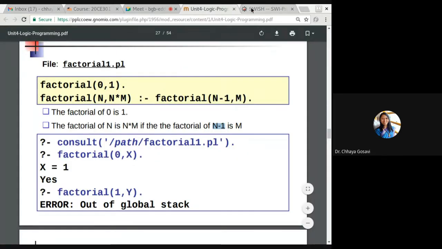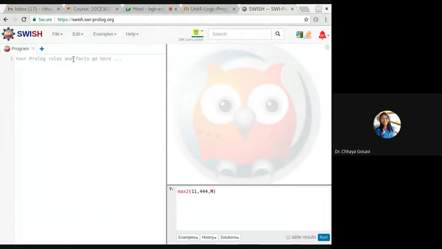So, fact 0, 1, I'll use a shortcut. Factorial of 0, 1.